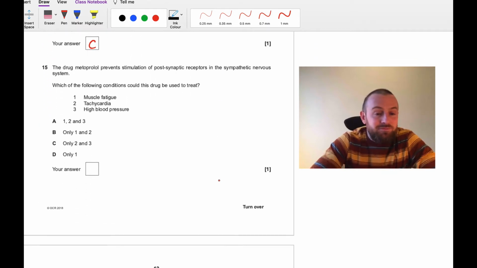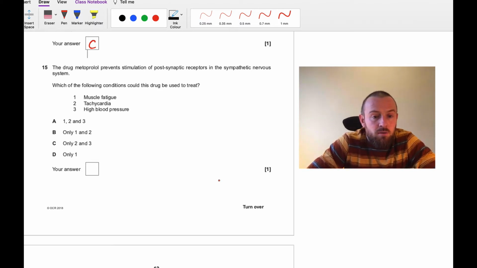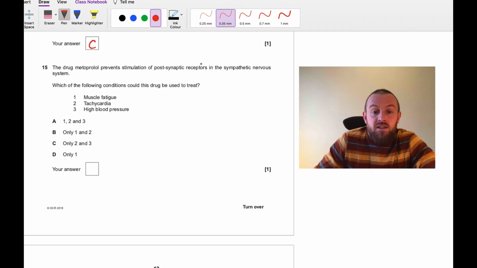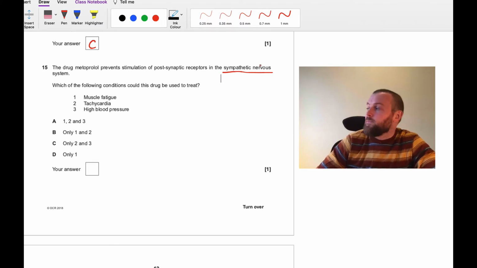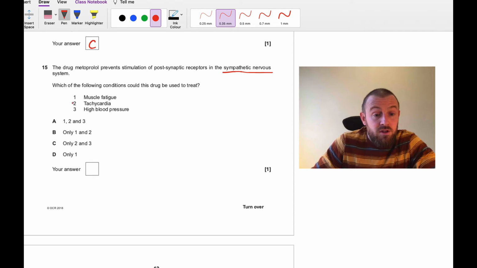15. The drug metoprolol prevents stimulation of postsynaptic receptors in the sympathetic nervous system. Which of the following conditions could this drug be used to treat? Okay, so this is the sympathetic nervous system. This is part of the autonomic nervous system that speeds up the heart rate, for example. So this prevents the sympathetic nervous system, so it could be used to treat tachycardia, because tachycardia is a high